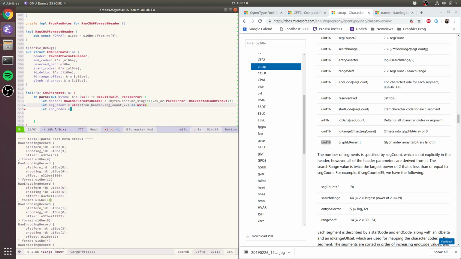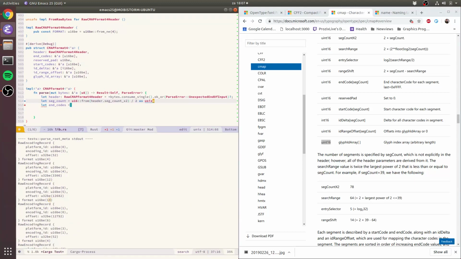Oh, I can just divide it by 2. What's the reason for having that times 2? I don't quite understand. Right, so we find the seg count, and then this is simply